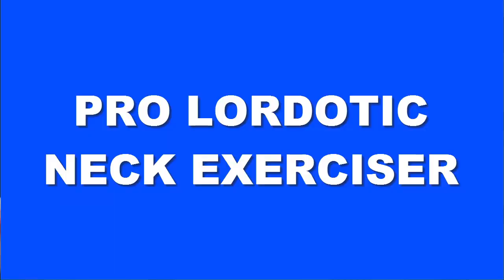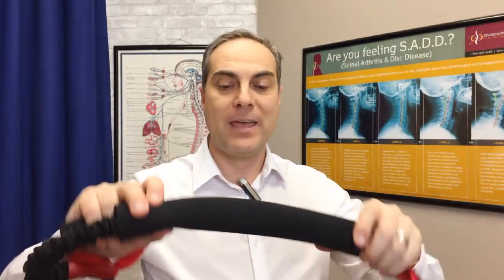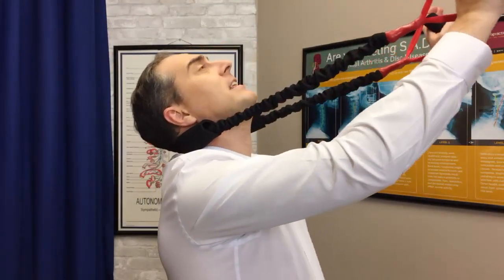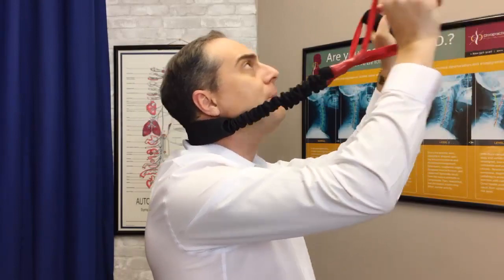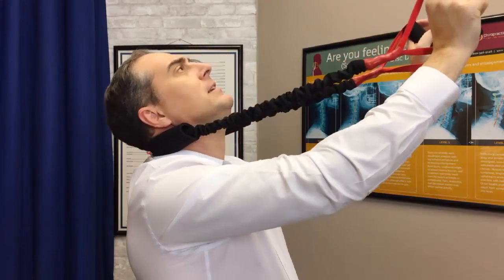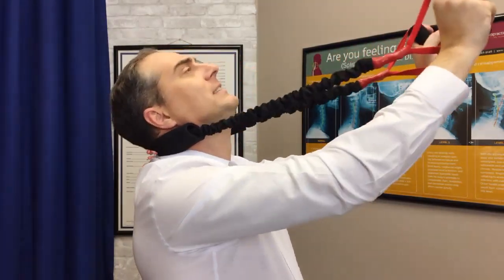Now, in our office, what we use is this exerciser called a prolordotic neck exerciser. This is the Stroops version. It's an elastic tubing with a sponge applicator here for comfort around the neck. It's a great exerciser, and all our patients with cervical spondylosis and neck issues get this. So nice thing about this is you can stretch it out, and then because of the elastic effect, I get that nice rebounding effect in there. Very beautiful. We do 15 reps of this times 3 sets. That's 45 repetitions.